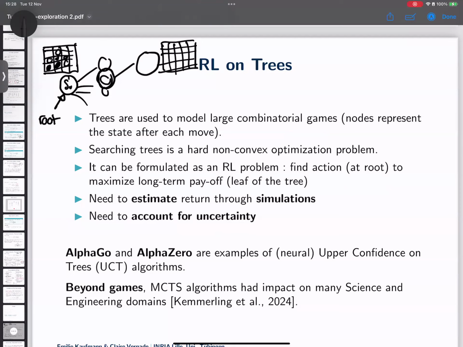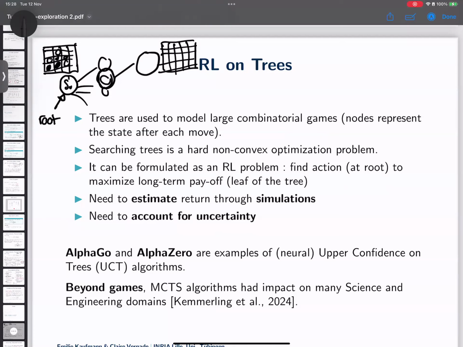What is hard to estimate is the true value of my reward down the line after many, many time steps. I don't know if there are chess players or Go players or any sort of board game players in the room, but I'm pretty sure you know that whenever you play a board game, what you try to do in your head is simulate what's going to happen in the future. You plan ahead. You take an action now, knowing that the adversary is going to play well, or hoping that they're going to play well, you're going to end up in that next state. But sometimes this tree or this planning that you're trying to do in your head is extremely hard. First, there's uncertainty on how your adversary is playing, but also there are just too many options.